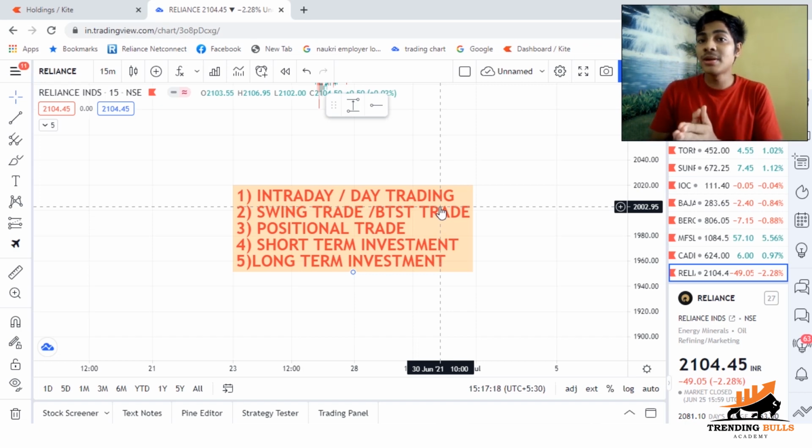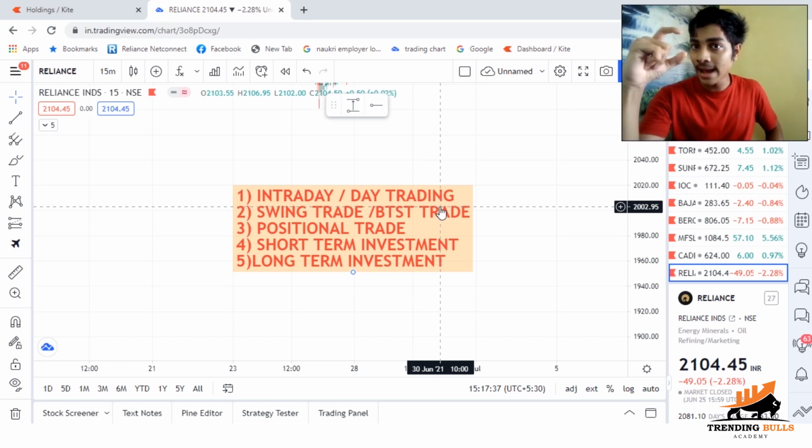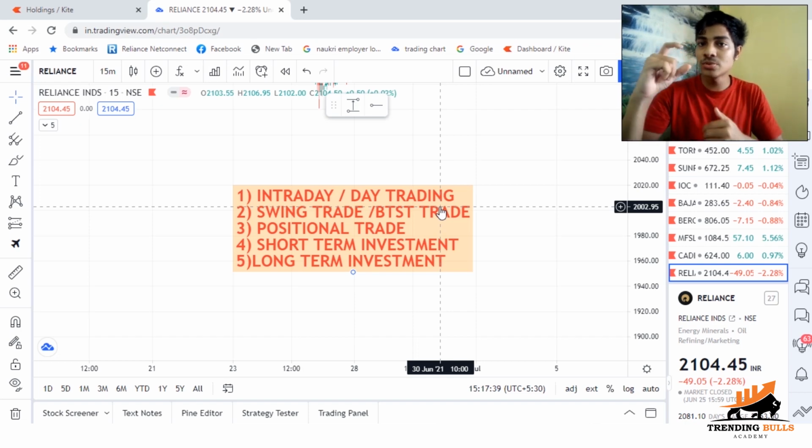Now there might be people who mainly focus on BTST trades. It's because when, let's say, you bought a share today, and the next day when it opens, very rarely will you see the market open sideways, but most of the time, if the market is bullish, the chances are high that it will open gap up. So in order to capture that gap, that percentage move, they take BTST trades. So the time duration of a swing trade can vary from 2 days up to 2 weeks, 3 weeks.